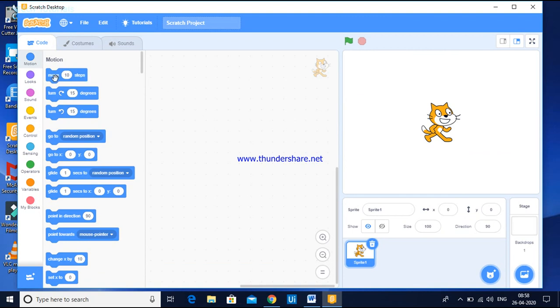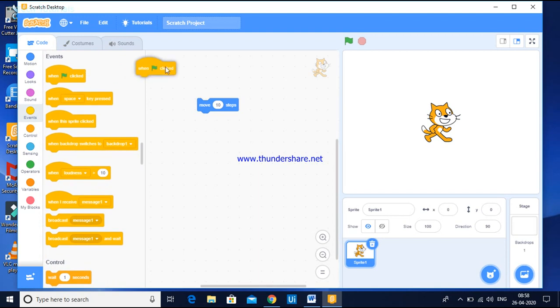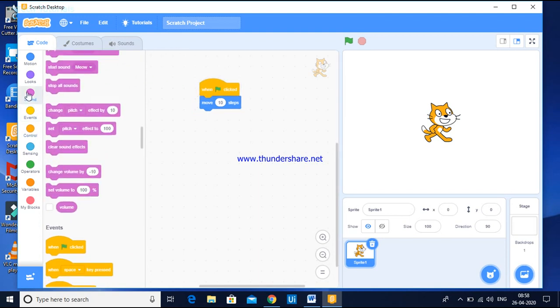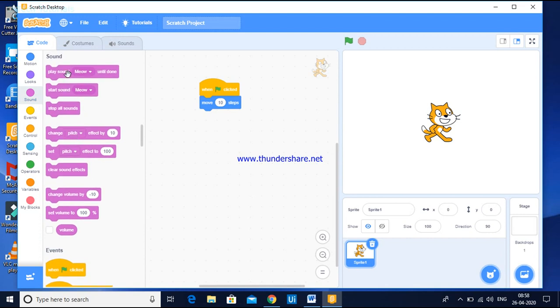So here I am going to give a same demo. So where the event is, yes, here. So here this one, and the sound, coming to sound, yes, same one I'm using here, same code which I did in online Scratch, I'm using that in offline Scratch.